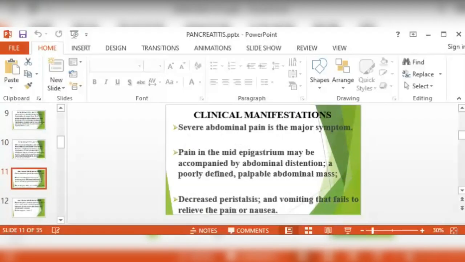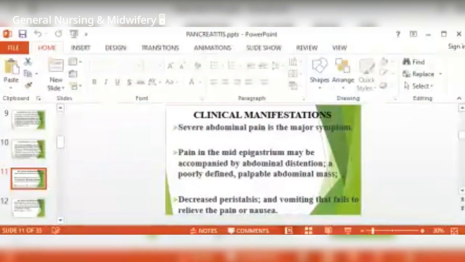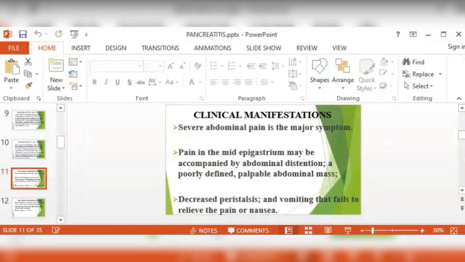Let's look at some clinical manifestations, or signs and symptoms, of pancreatitis. If the patient is having pancreatitis, there will be severe abdominal pain. Now, let me inform you of this. If you are on the ward, whether you are already working or you are about to start working as a nurse, and a patient comes to the ward with a history of pancreatitis, with a history of abdominal pain or with a complaint of abdominal pain, please